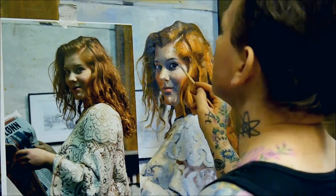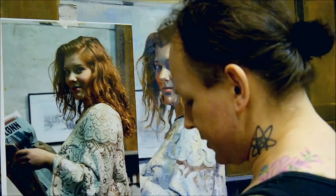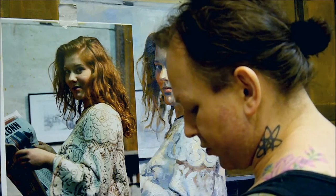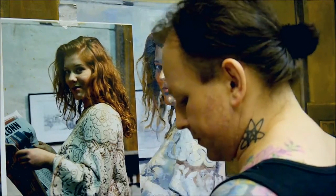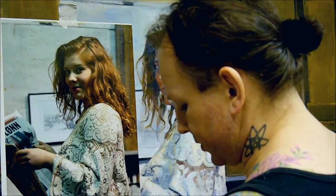Some cute things happening inside her eyes there, which I will come back to later, because right now it's just to get the colors right and stuff like that. So